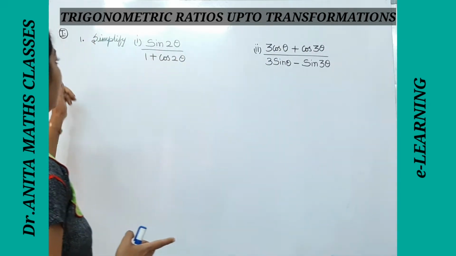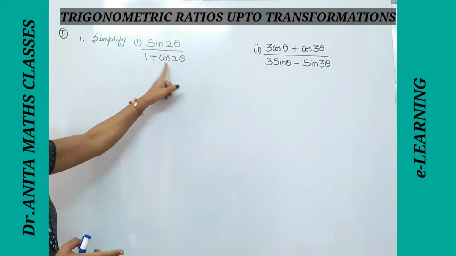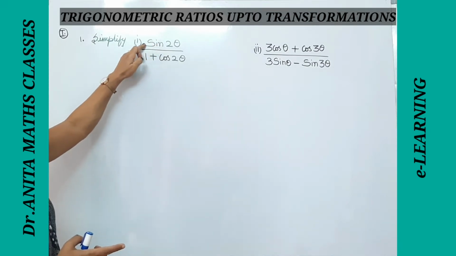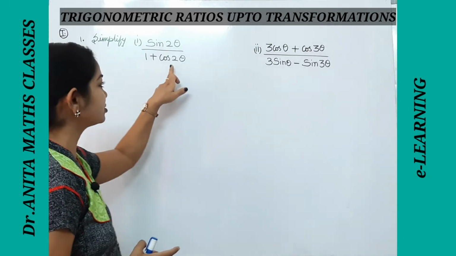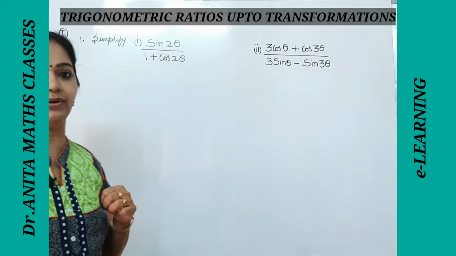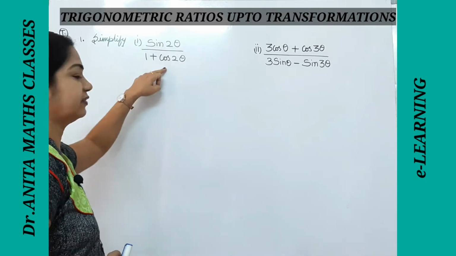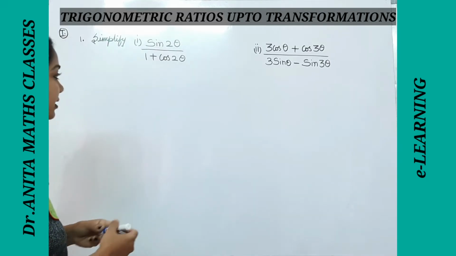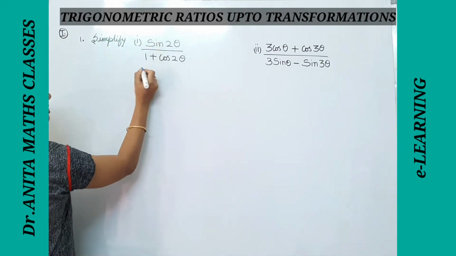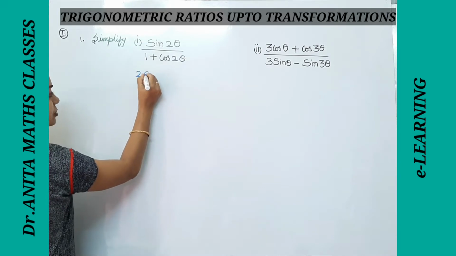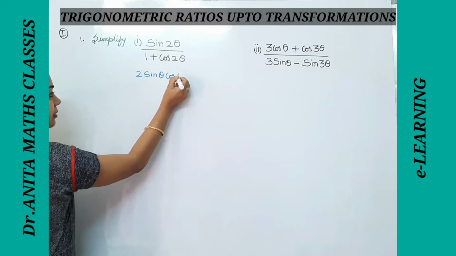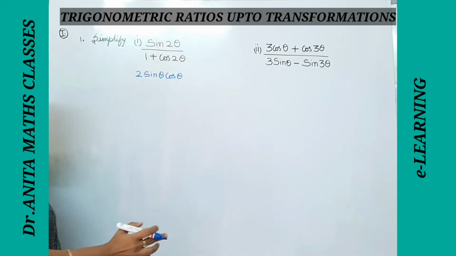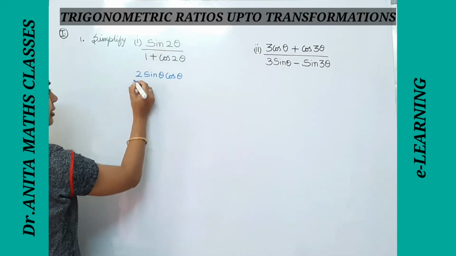Okay, here we have sine 2 theta and cos 2 theta. We clearly know what is sine 2 theta. It is 2 sine theta cos theta, and for cos 2 theta we have 3 formulae. Whichever formula is suitable, we have to use it. Okay, let's start the first one. Here sine 2 theta is 2 sine theta cos theta. You can call this the double angle formula or multiple angles formula, either way.